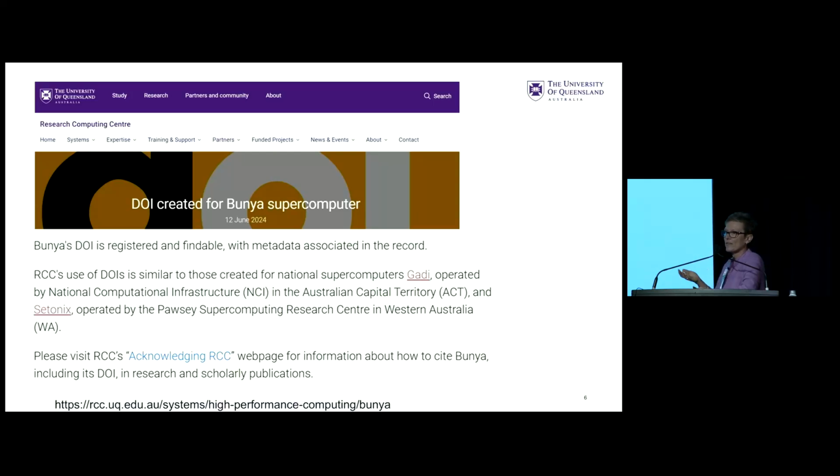But that was just something that we did as a suck it and see. We've now got a much more mature implementation for instruments within the repository, and here I have to acknowledge again the library colleagues, and in particular Michael Feeney, who has done this work. The way that's currently working is we're using a DataCite DOI with a PID-inst metadata schema, and I believe there's some work underway with the ARDC to make sure that that's also mapped to the RIF-CS schema.